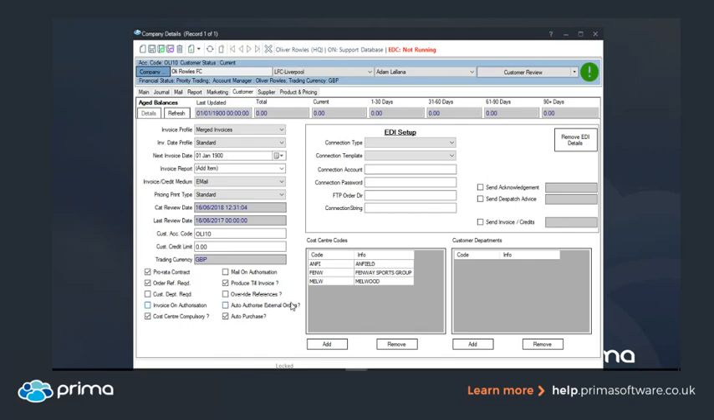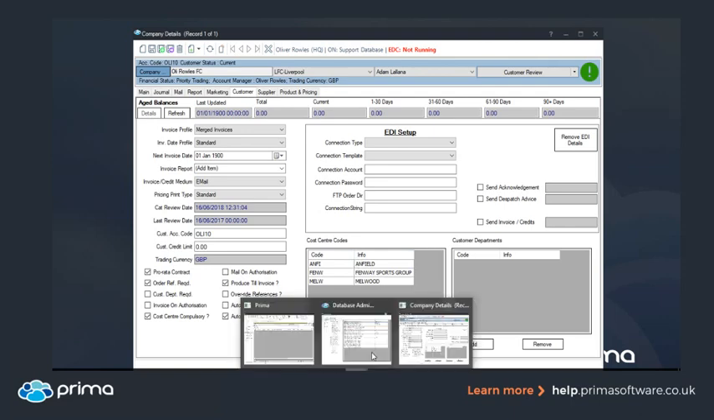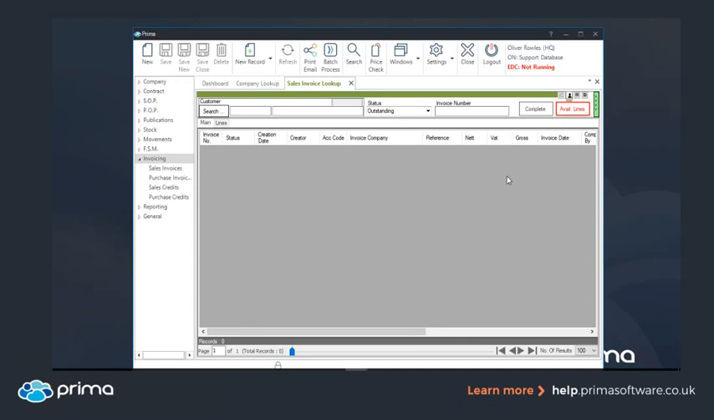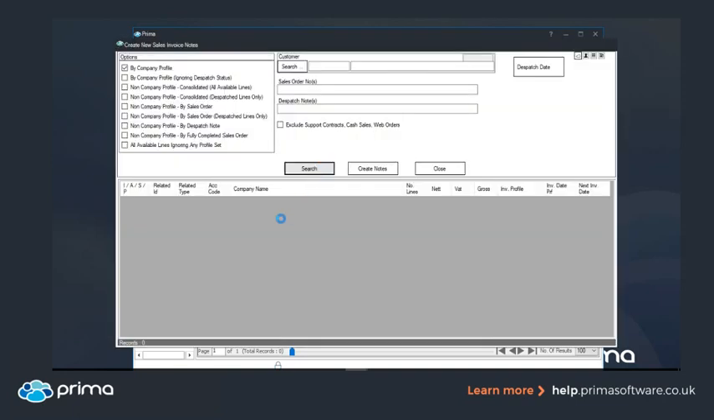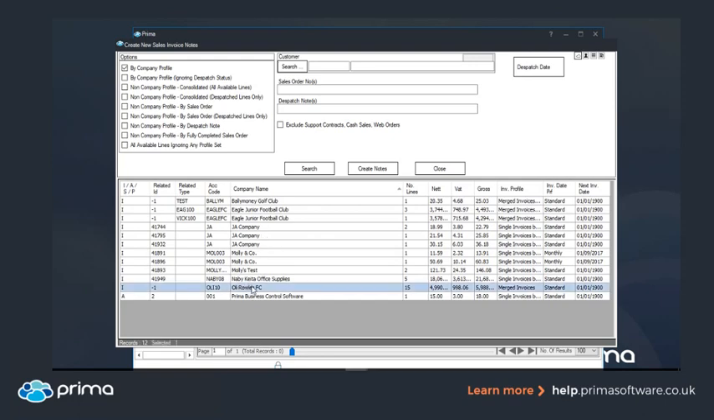Okay, there are also options for using cost centers and departments. For the cost center one, I'll show you an example of an invoice that's merged and also separated by cost center. So in Prima, I'll open available lines and search for that company. It's my test one there, so we've got 15 lines. That's a good example, I think. So create the notes,